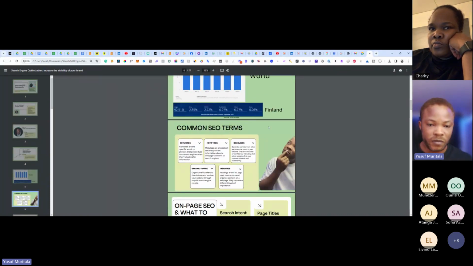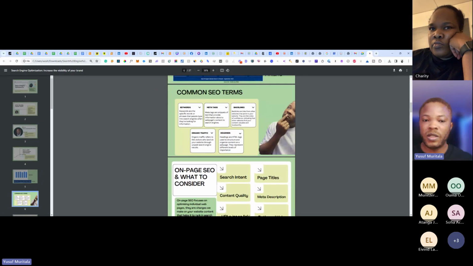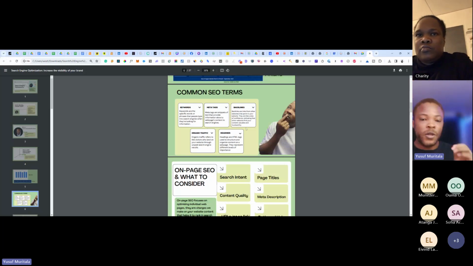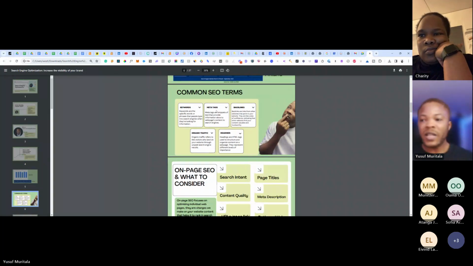So these are the common terms. Keywords are the terms that you use on your website to help you rank. Those are the keywords that people are using to search for what you offer and what your services are all about. We also talked about meta tags, which are a kind of HTML tag used on your website, such as the description and the title.